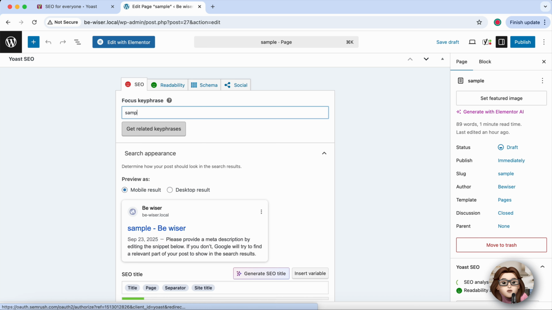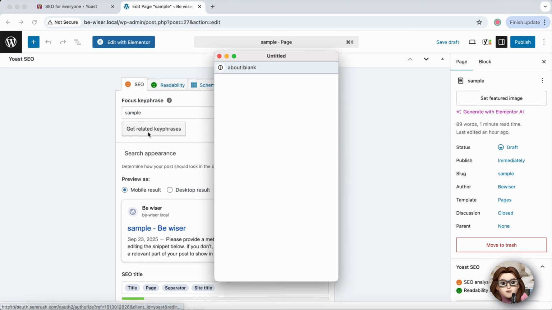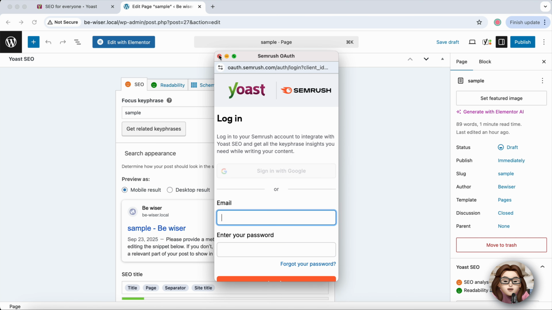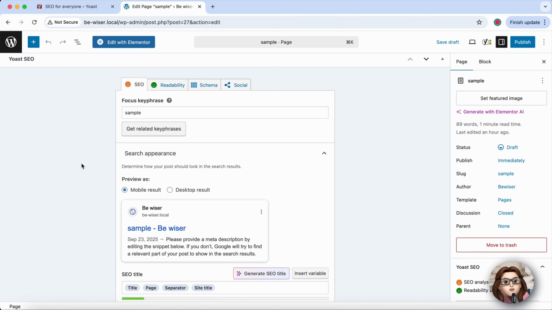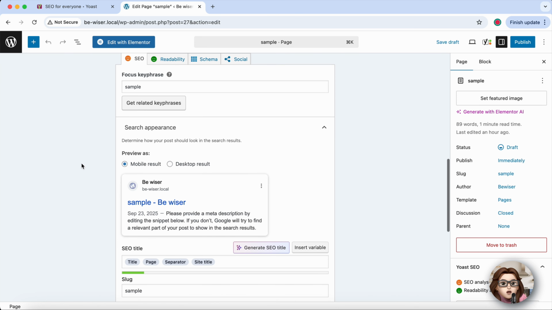These related key phrases complement your primary keyword and help capture variations, synonyms, or long tail keywords. Each key phrase receives its own analysis from Yoast, giving you actionable feedback on placement, keyword density, headings, and overall